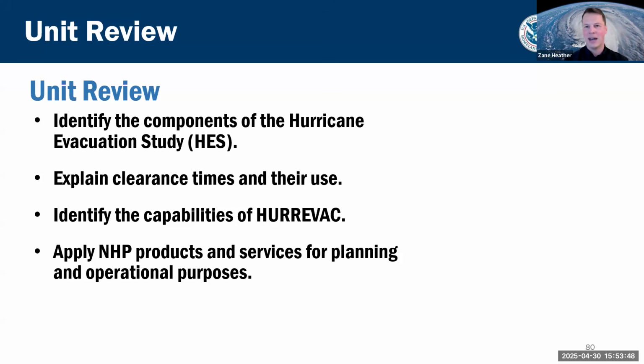And so with that, I'd like to thank you all for your time through this course. Again, we covered not only Unit 4, how to make informed decisions, but also all the different pieces of that process: understanding the uncertainty in the products produced by the Weather Service and the Hurricane Center, and how they integrate probabilistic approaches to make sure that you have the information you need to make informed decisions. We've talked about the baseline of those products and what is available and when it's available. And we started this course talking about hurricane climatology and tropical cyclone meteorology, and all the associated hazards and risks.